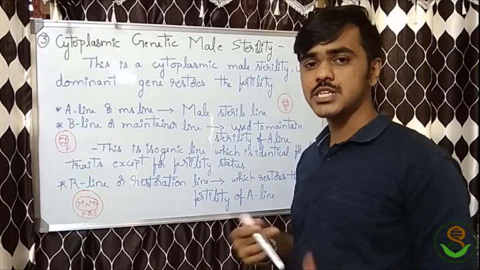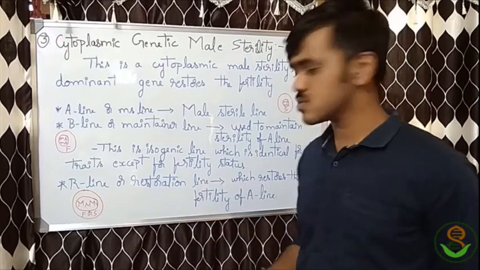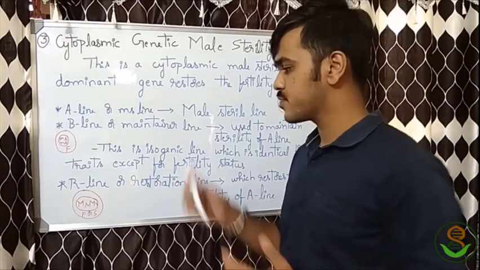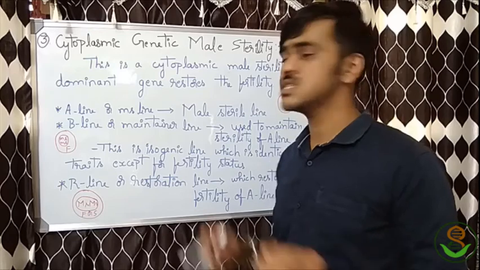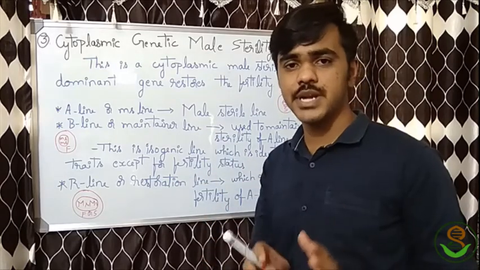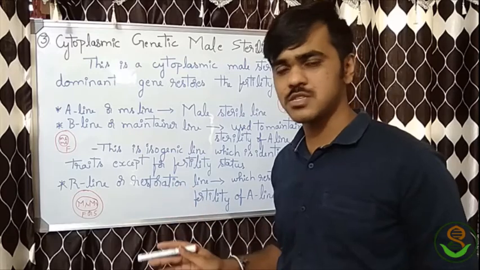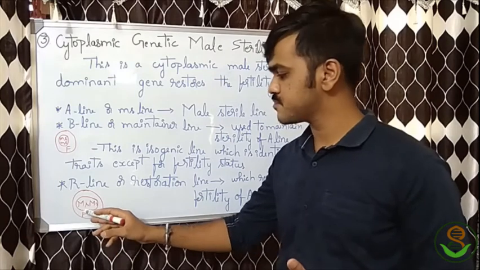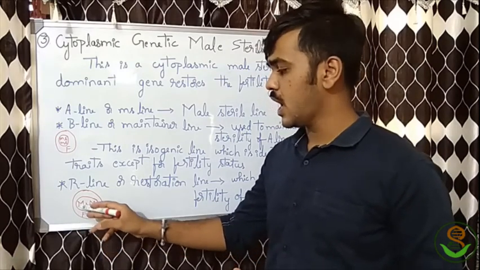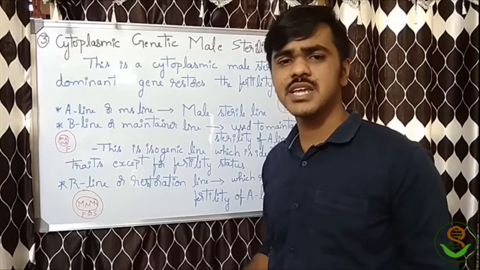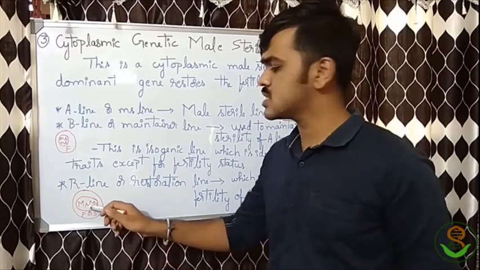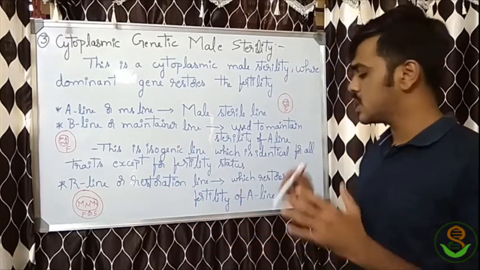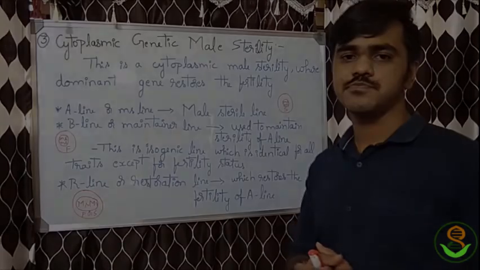Next comes the R line, the restorer line. This is the line that restores the fertility in the A line. I said that the dominant condition is the genetic one. If the genetic genes are dominant, then automatically it takes over the cytoplasm genes. The same thing happens here. Here it contains the dominant gene, complete dominance and homozygous dominance, and the cytoplasm may contain sterile genes or may not. It is not considered. This is the one governing the fertility, so this is the restoration line. Now I will explain the mechanism.